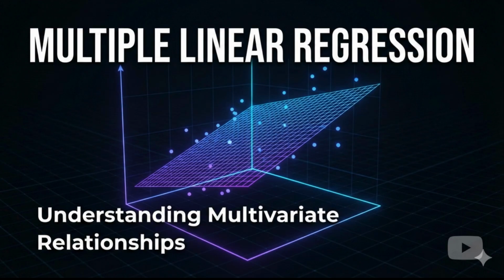Which is? Assuming the size of the coefficient means it's the most important variable. You see 40 for bedrooms and 0.12 for square footage, and you think bedrooms must be way more important. But they're not, because the scales are completely different. $40,000 per bedroom versus $120 per square foot.